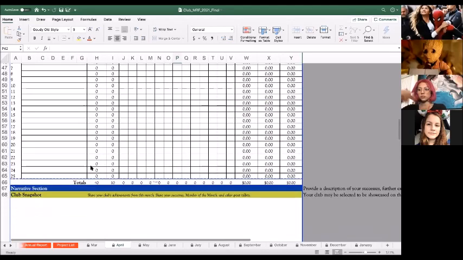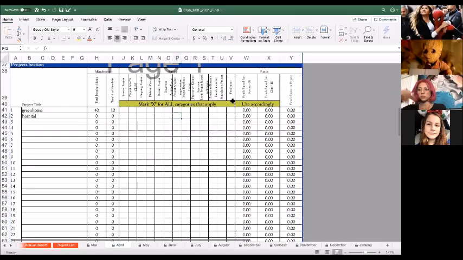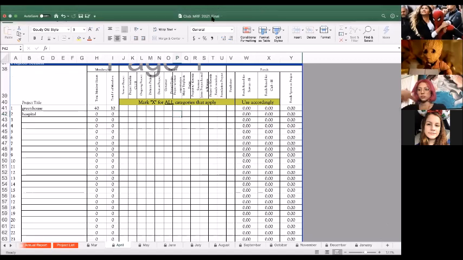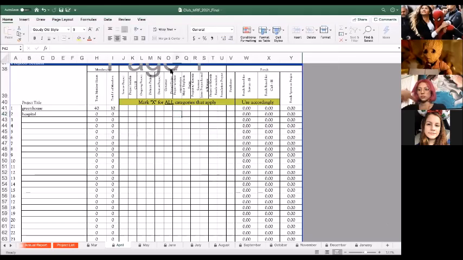Wait, we have a question. Do we keep track of the total funds we currently have for our entire club? Do you mean like your entire budget? You mostly keep track of that yourself, but what the projects section specifically asks you to do is to see if you had a fundraiser that you counted as a project that you guys did. You check that in this section, how much money you raised in that fundraiser, not your total budget.